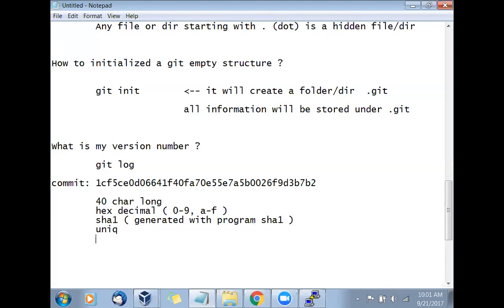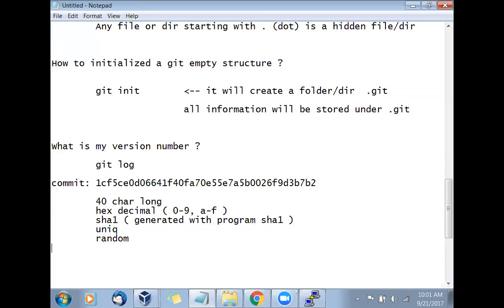Every commit has its own unique, random number. So these are the characteristics of your commit number: 40 characters long, hexadecimal, SHA-1, unique, and random. Now using this number, you will play around with it.